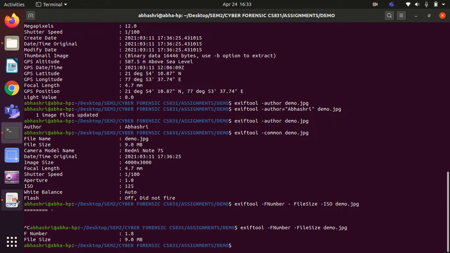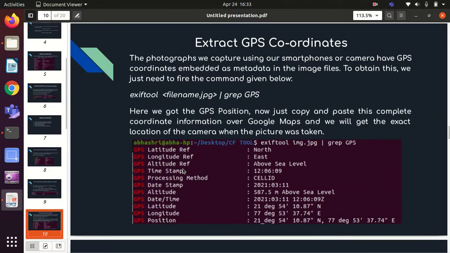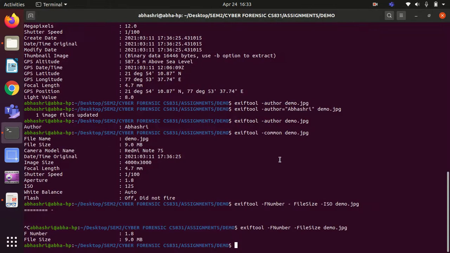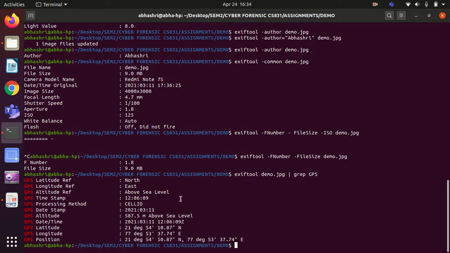Then our next usage of this tool is extracting the GPS coordinates. Extracting the GPS coordinates includes the date, time, latitude, longitude, reference and all those things. For that, the command used is exiftool demo.jpg, and then using the pipe operator we use grep GPS, and we will get a list of all the things related to the GPS or the coordinates of this particular image file,